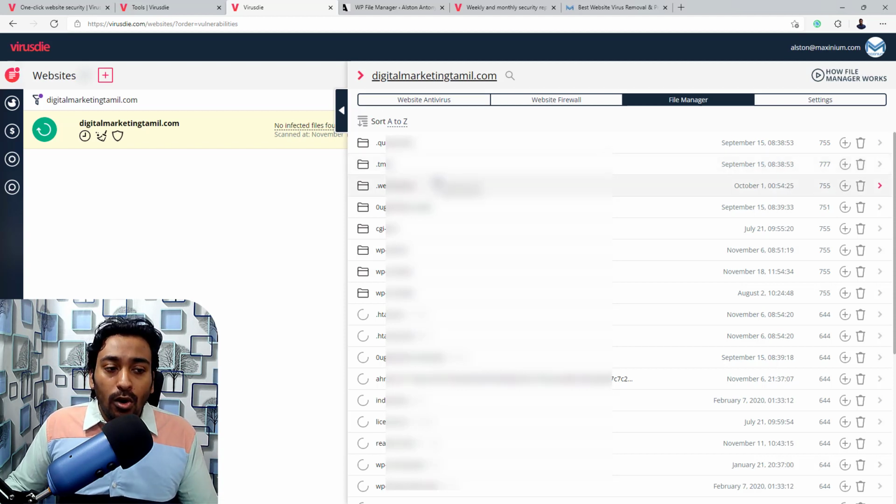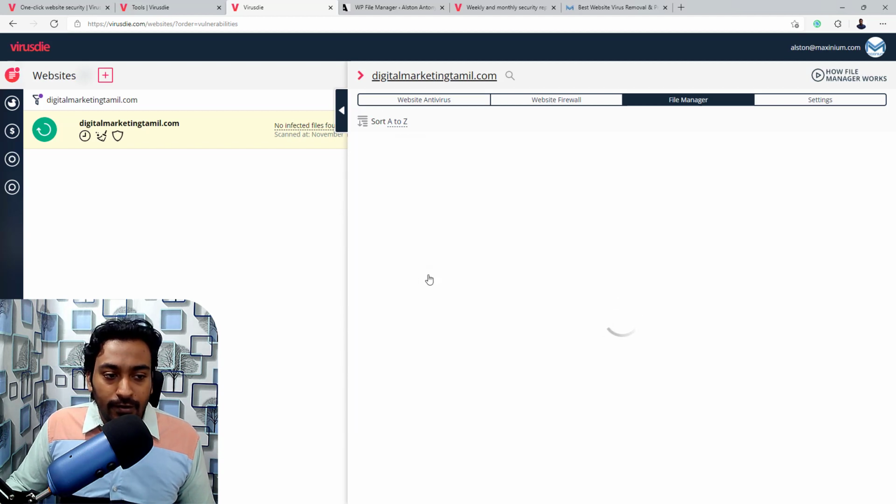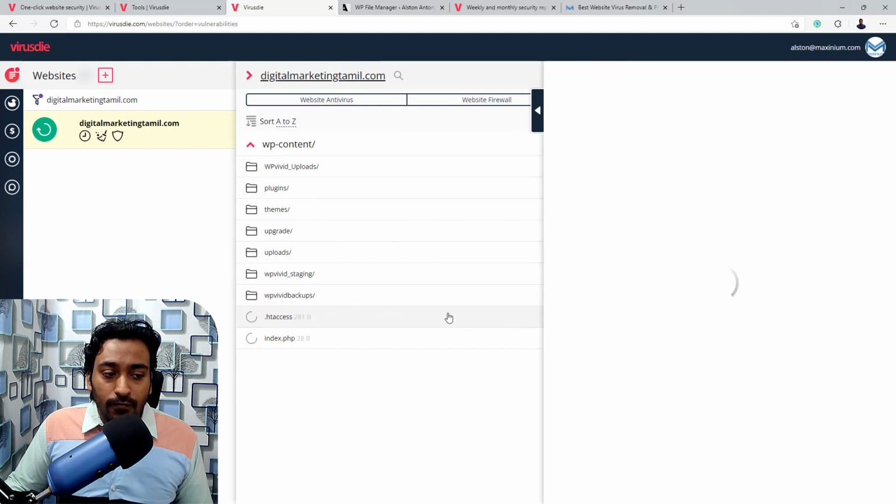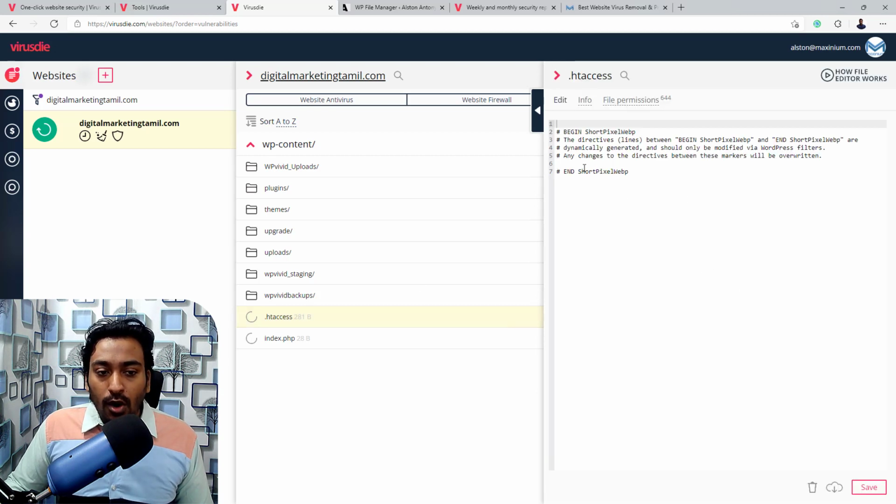Basically it gives me all those stuff within VirusDie itself, so I can go inside different folders, I can look into different stuff, I can see the permission which is currently allowed, I can exclude this particular file, or I can delete it, or even if I want to view certain files, I can click on that particular file and it will open up and show me a file editor, where I can edit this if I want.